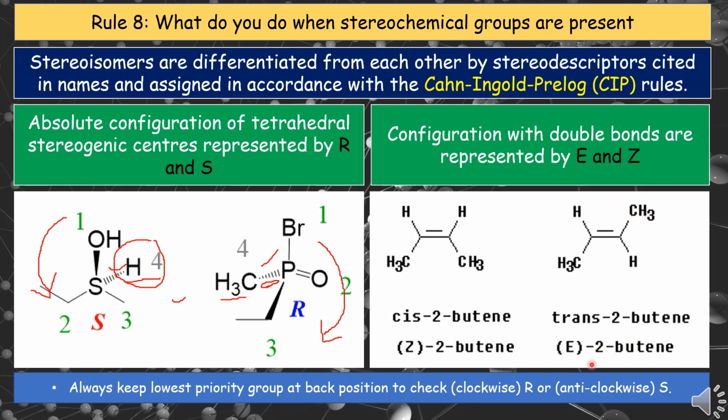Okay, so I have given one example. Here you can see that both methyl groups are present on the same side. Same side means cis. So it is cis-2-butene because a double bond is present, and it can be written as Z-2-butene instead of cis, because we know Z means same side and E means trans or opposite side. So if it is in the trans or opposite position, it would be named as E-2-butene.